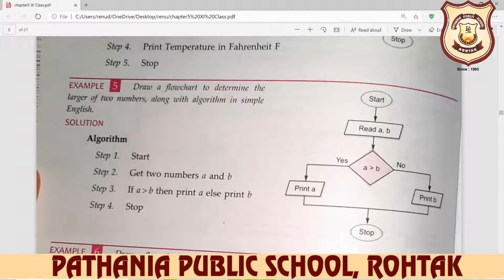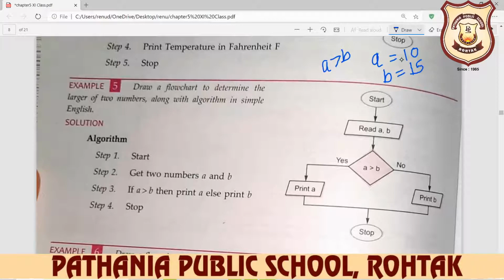For example, in A we input 10 and in B we input 15. If we want to find out whether A is greater than B, so in this case, is A greater than B? No. For these types of questions, when we take the decision, these are your decisional statements.